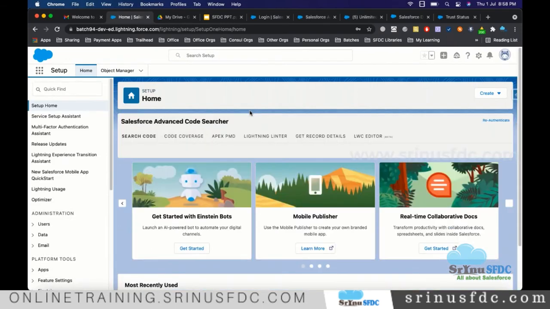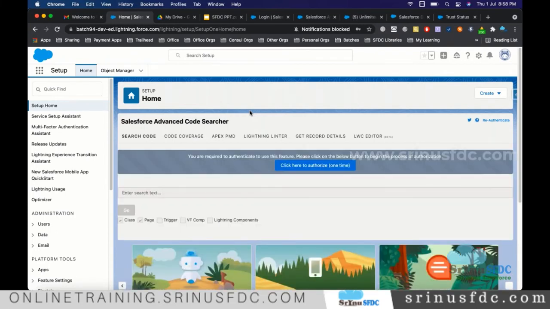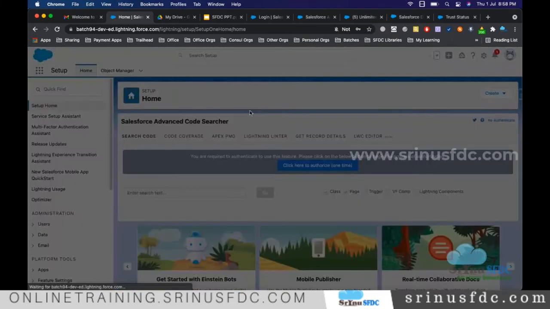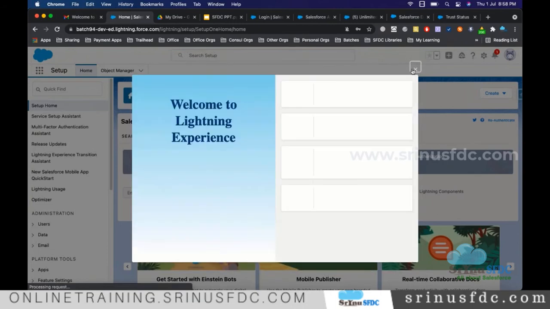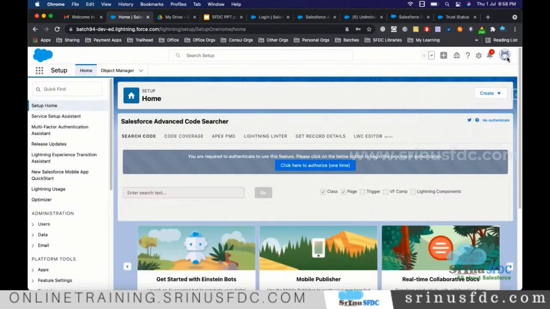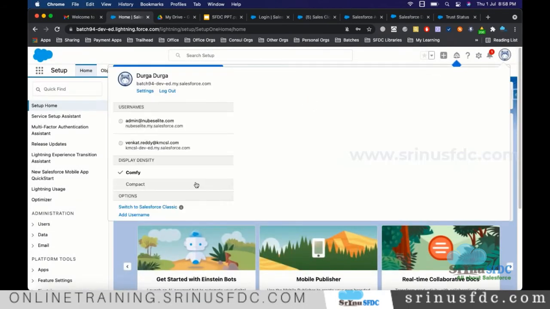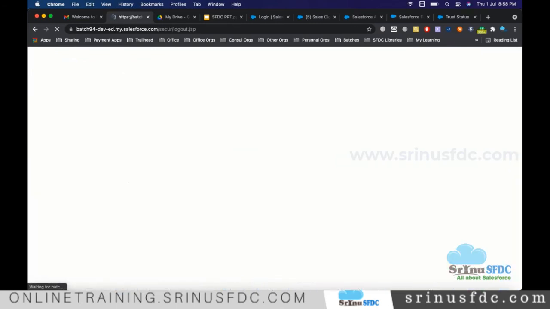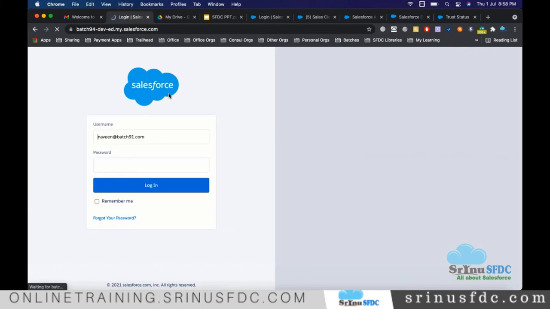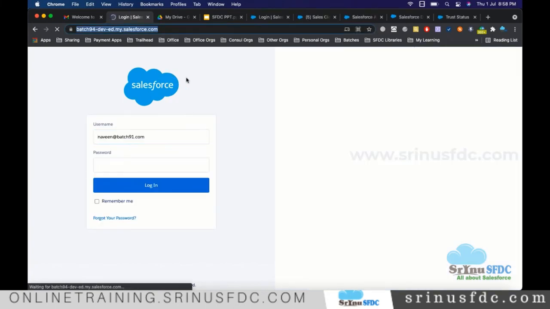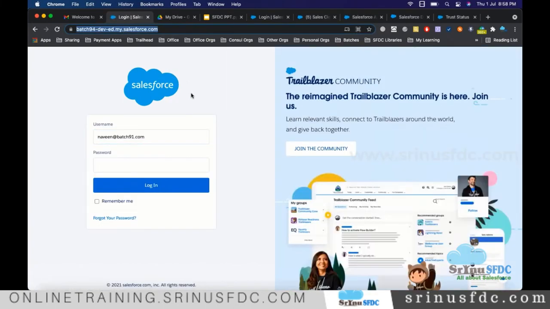So we are seeing like this. The big challenge for us, right? First time when we register and log in, when you log out again, next time from where we need to log in? So that's a big question for most of the people. Okay. So the thing is, either you can store this URL somewhere. Otherwise, in a generic way, to log into any production environment,